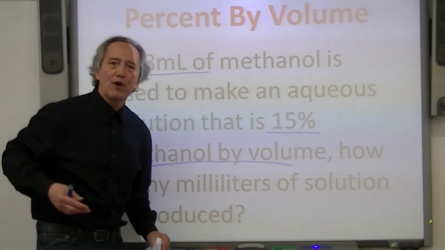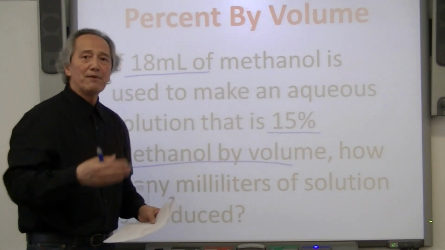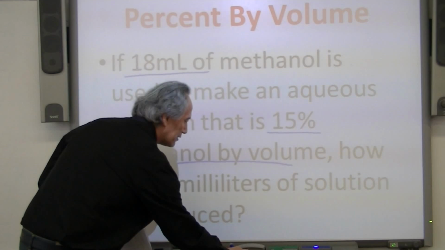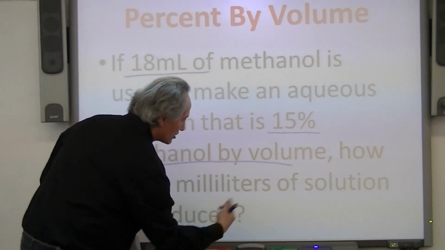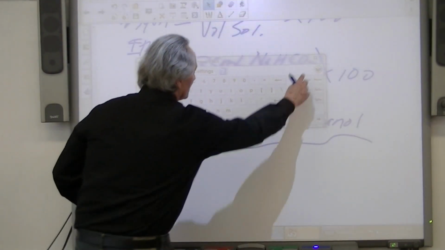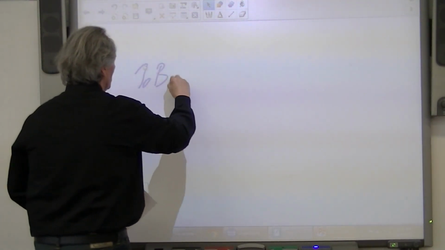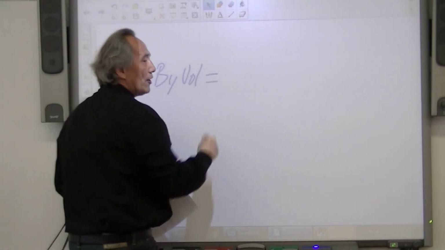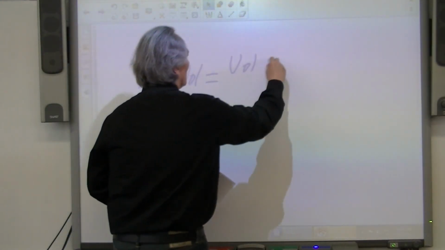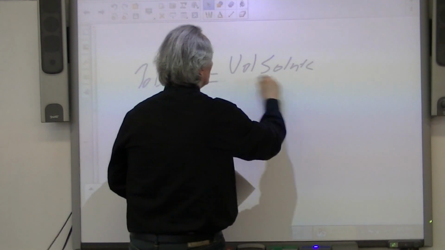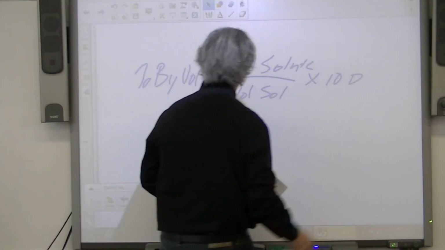Well, this is a little different problem. Still, nonetheless, in terms of the solution concentration of percent by volume, we can still solve this. It's a pretty fundamental problem. Let's go ahead and proceed forward. Let's knock this out. Let's get our smart working surface up here. Okay, again, this is a percent by volume. Now, I'm going to go ahead and rewrite this percent by volume in its expression, which in fact is the volume of solute to the volume of solution, again, times 100.